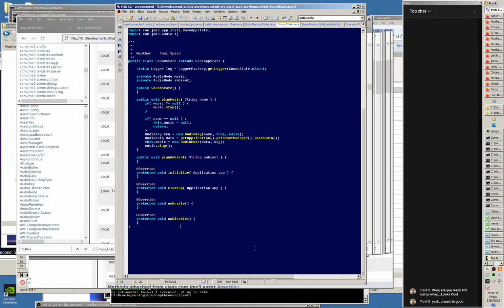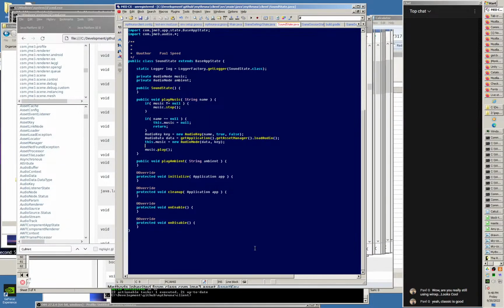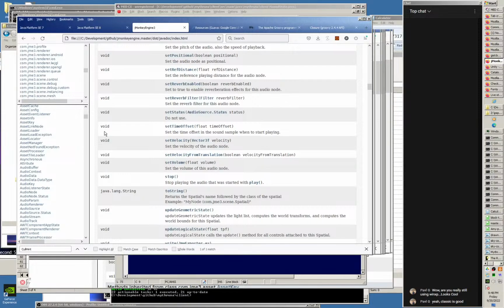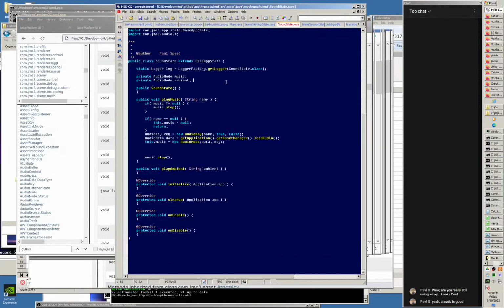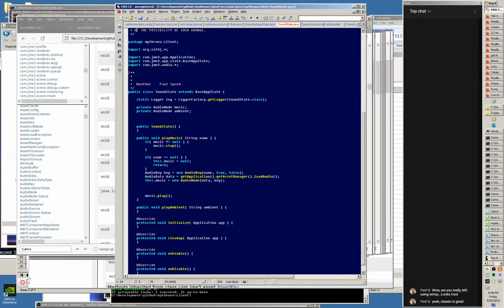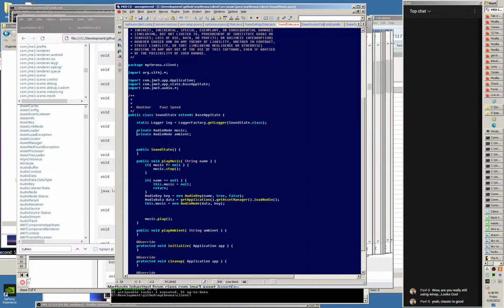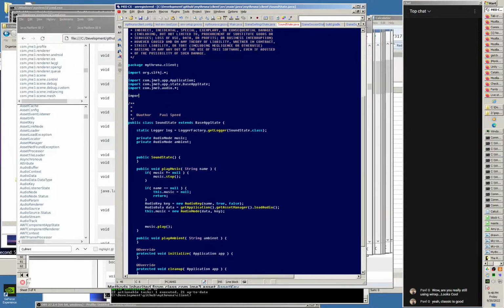But Paul, you may say, what about that volume stuff we just set up? Aha! And here is where we will want, this is why we keep track of these things. We are in client, so we have access to the state. We will want some Silica Lemur core versioned reference. And we want to set up a versioned reference double to music volume ref. We'll just do 1 for now. Okay, then on initialize,